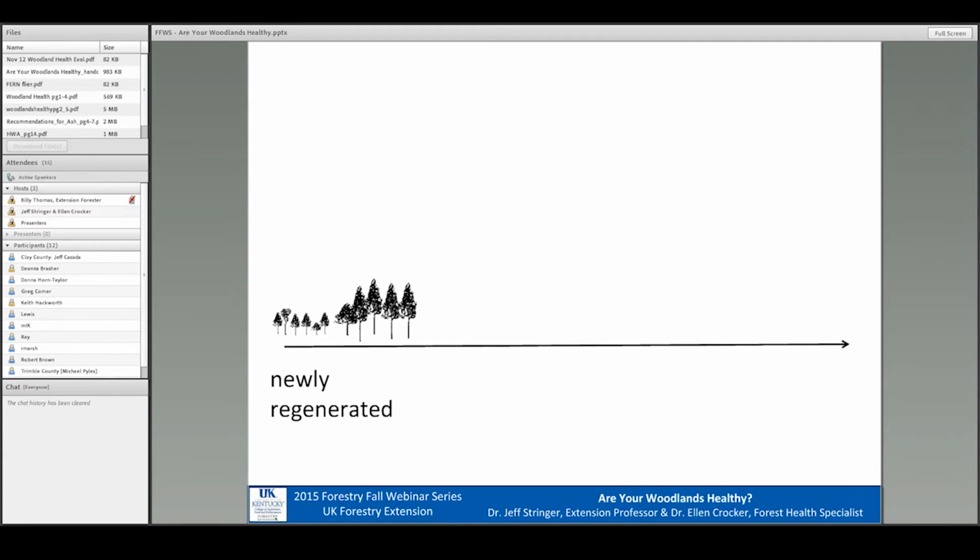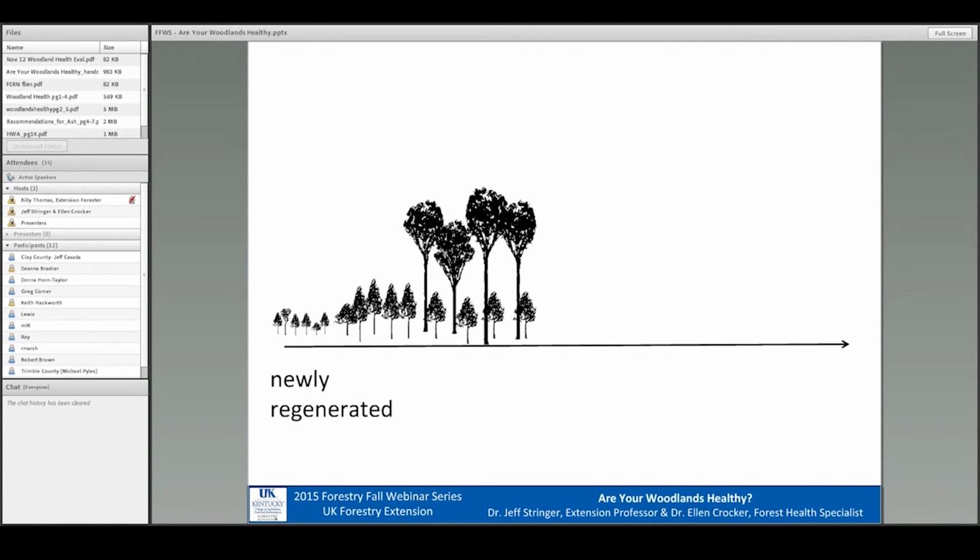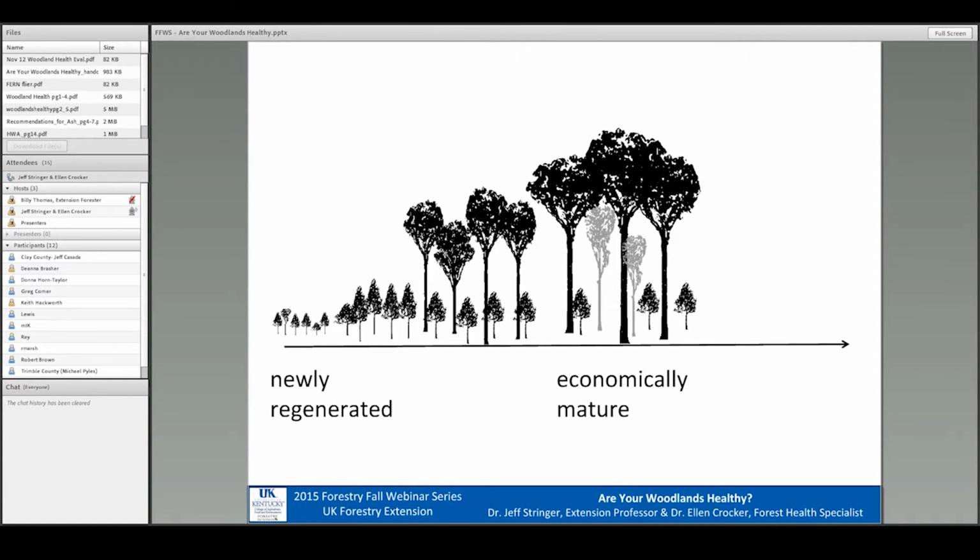And you'll notice here, when we popped up this next graph, that now you have trees starting to grow in underneath those overstory trees that are starting to get maybe 30 and 40 foot tall. And of course, as the woods ages, those overstory trees get bigger. You get different trees starting to emerge underneath. And at some point, it becomes what we call economically mature, 16, 18, 20, 22, 24 inches in diameter,